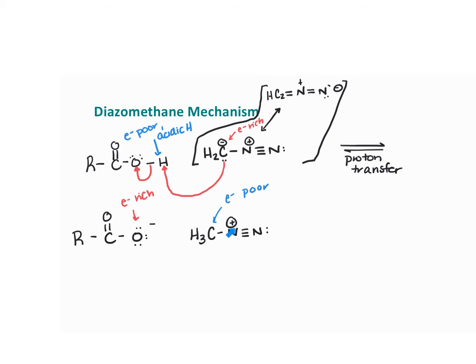There's a positive charge here, right? And so it's kind of sucking the electron density off, and so it becomes very electron poor. And so the arrow starts at things that are electron rich. These electrons are going to come over. They're going to attack that carbon. Those electrons are going to go onto the nitrogen. That's an SN2 reaction,